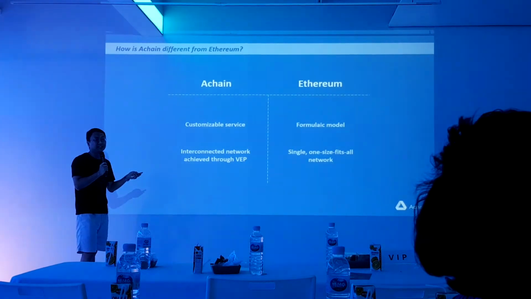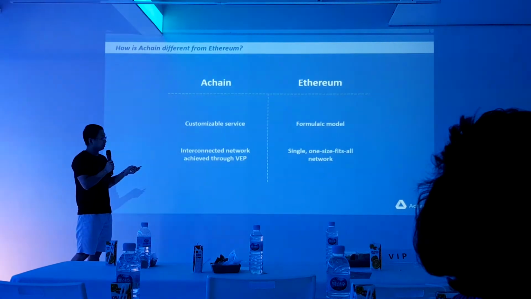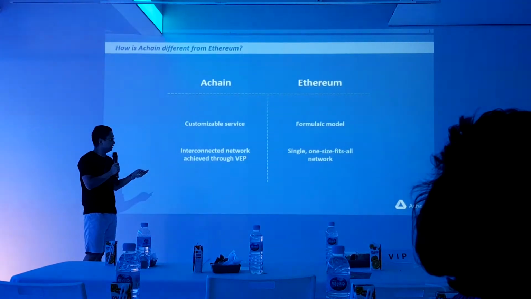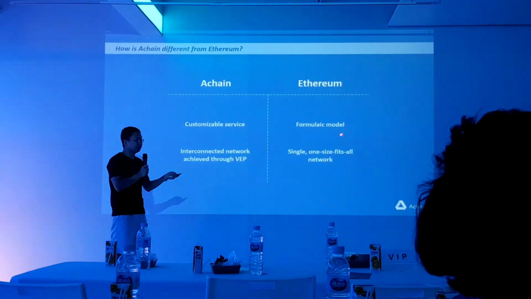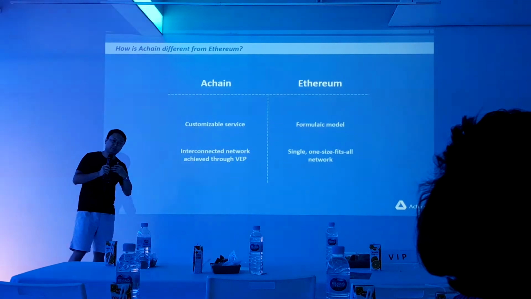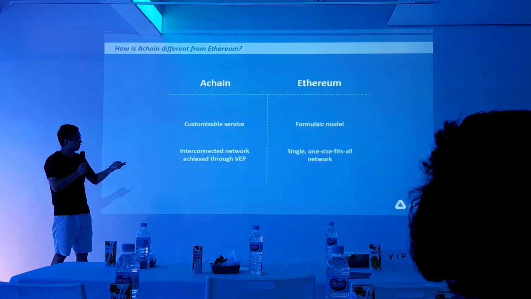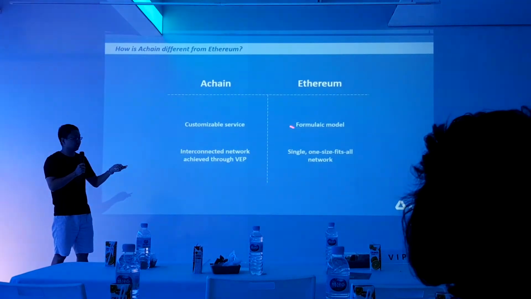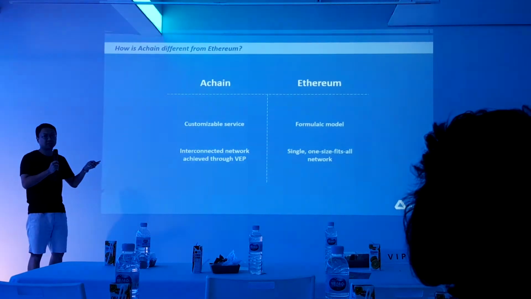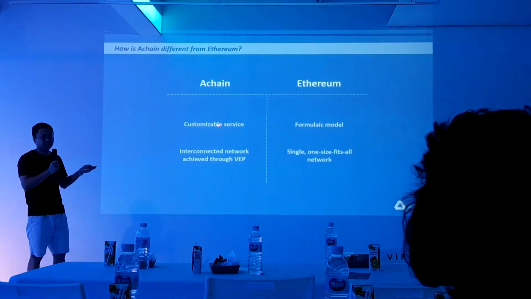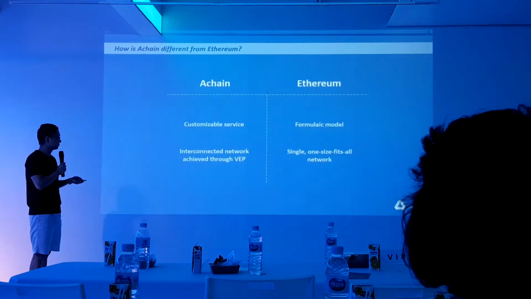Customer service. As I just mentioned, we can offer a multi-chain system to satisfy different businesses. Ethereum is only a formulaic model. People want to put all kinds of smart contracts on Ethereum, and it becomes slower and slower. But with Achain, we can customize different chains